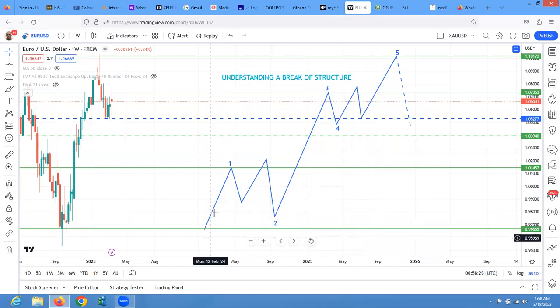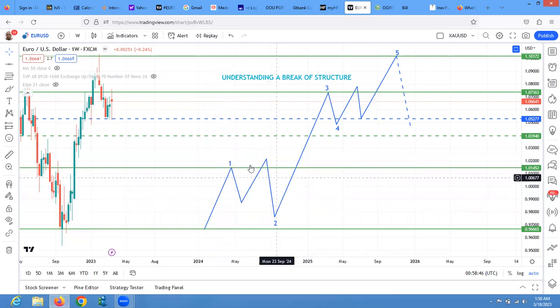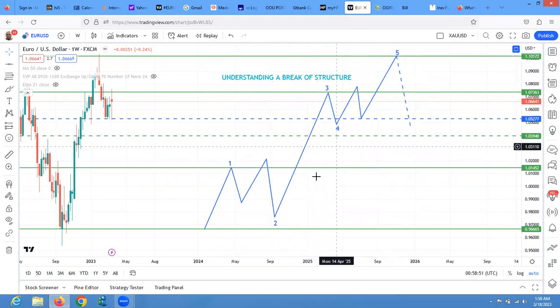Now, each of these waves in any time frame is also subdivided into, like wave 1 would always be subdivided into 3 or 5 motive waves, like you see 1, 2, 3, 4, 5. So that's why I said that whatever this structure that you are seeing, this is the structure you will see on the higher time frame, like monthly, weekly, even the 1 hour time frame. You scale it down, you will still see you count your structure like this. But when you are in a corrective pattern, then you begin to look at structure in 3 waves.